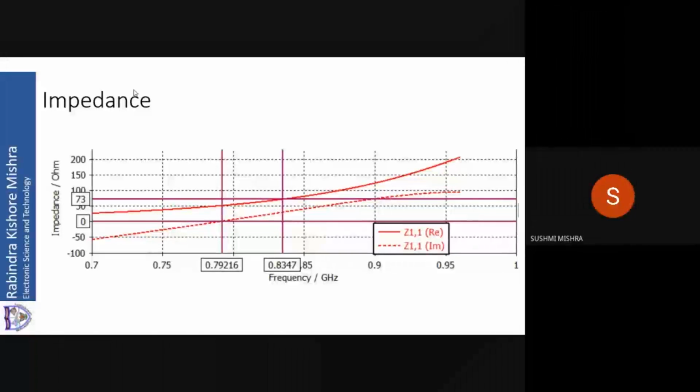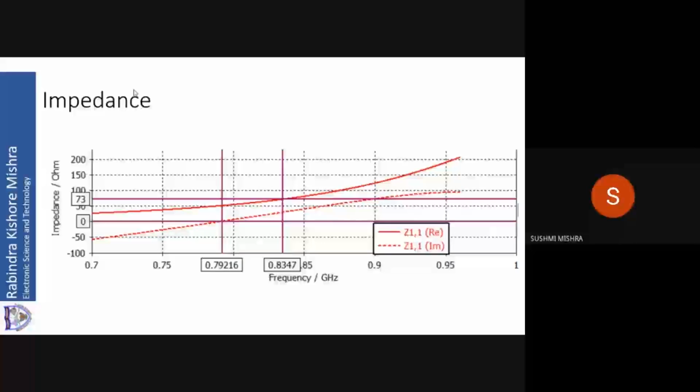Now only one point I have left. How large can your a be? A should be such that there is no sinusoidal variation of the current along the perimeter. So the perimeter should always be less than lambda by 10. So pi a has to be less than lambda by 10, or you can say a has to be less than lambda by 10. That will also be fine. So always take it that way. So the upper limit on a is lambda by 10.